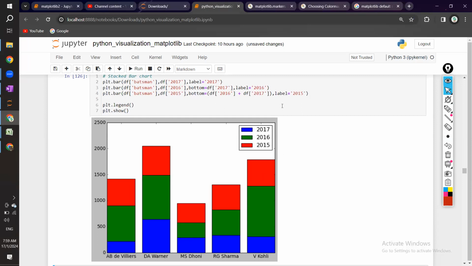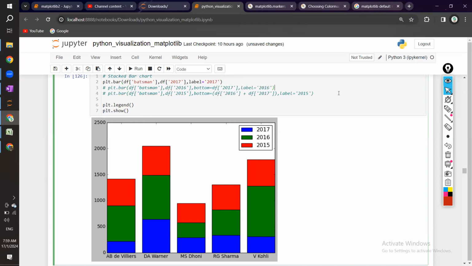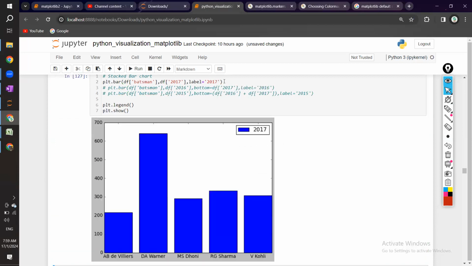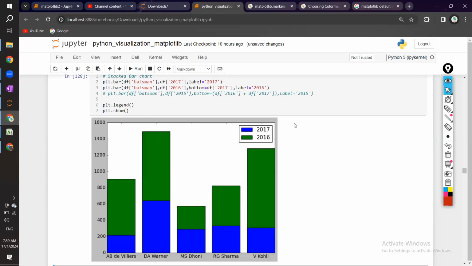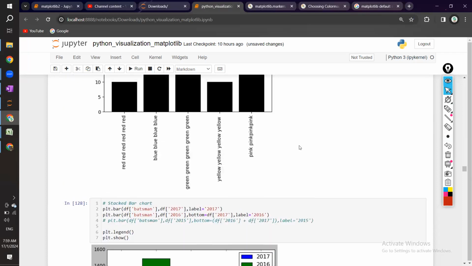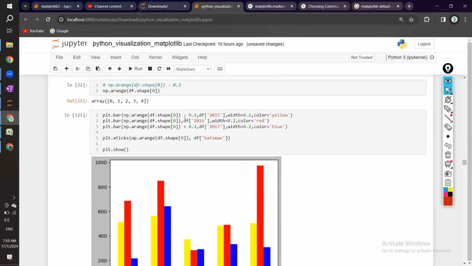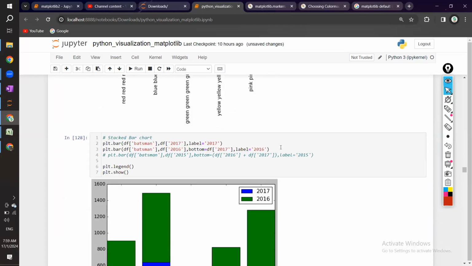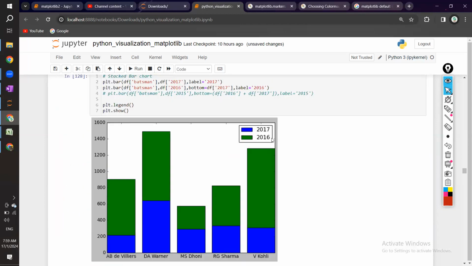in the same graph, we have got three things. If you see over here, the first line has the complete 2017 itself. After that, on the same graph, why is it plotting on the same graph, guys? Because I did not specify any positions. Earlier, I clearly did not want the overlapping part, so I created different positions, minus 0.2 for df and plus 0.2. We created the positions. But now, since I want to do it on a single bar graph, I'm using the same thing, but